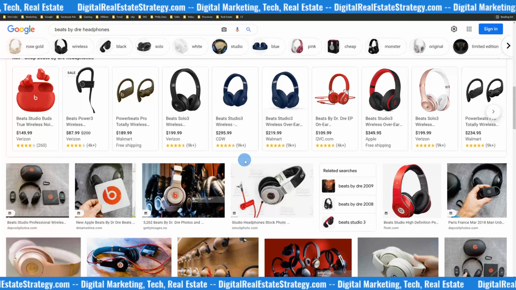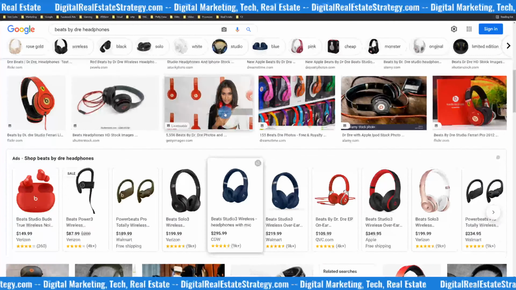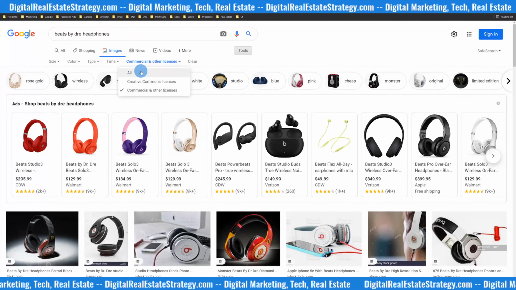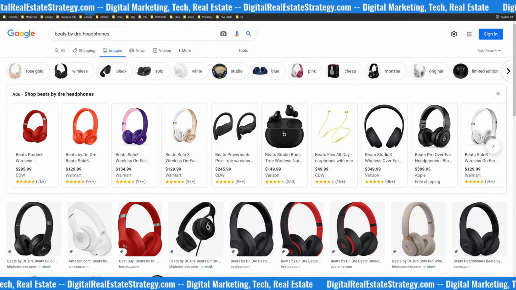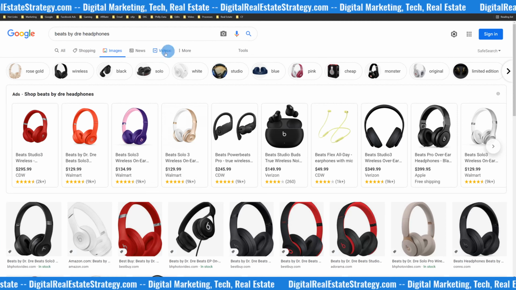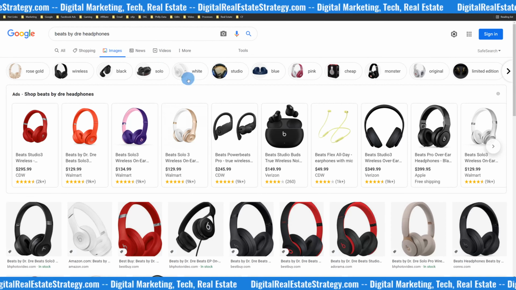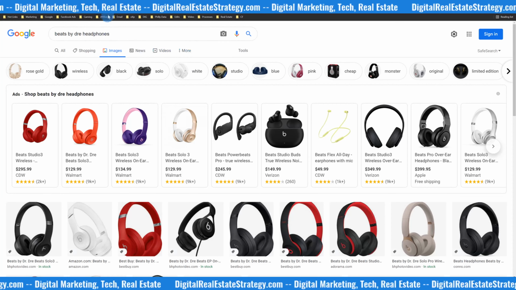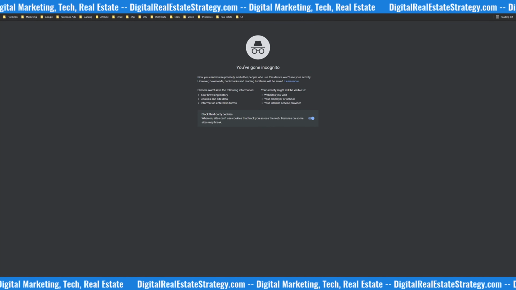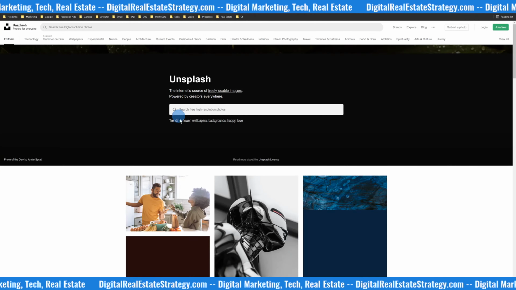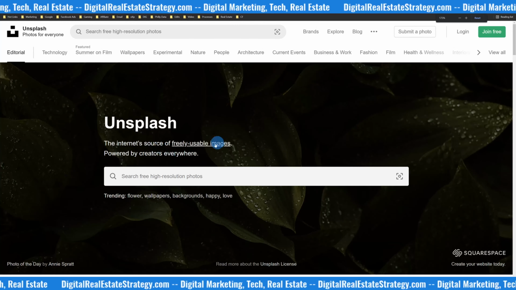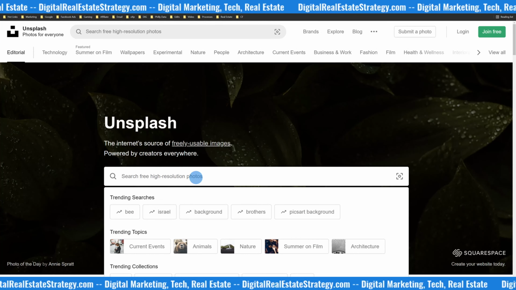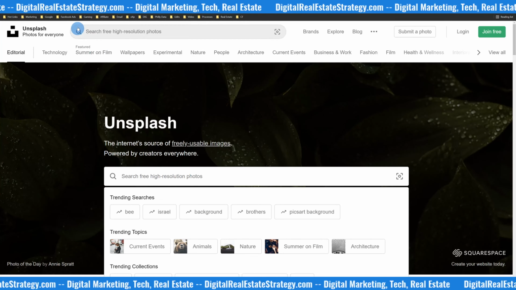So in these instances, you're allowed to use the commercial, but you have to be very careful not to use just anything from Google Images. You have to be careful with that because you can get copyright strikes and it can get you in trouble. Essentially, what you want to do is use the site I showed you, Unsplash. You can use these however you want. They would like for you to give credit to the creators, however, you do not have to do it.